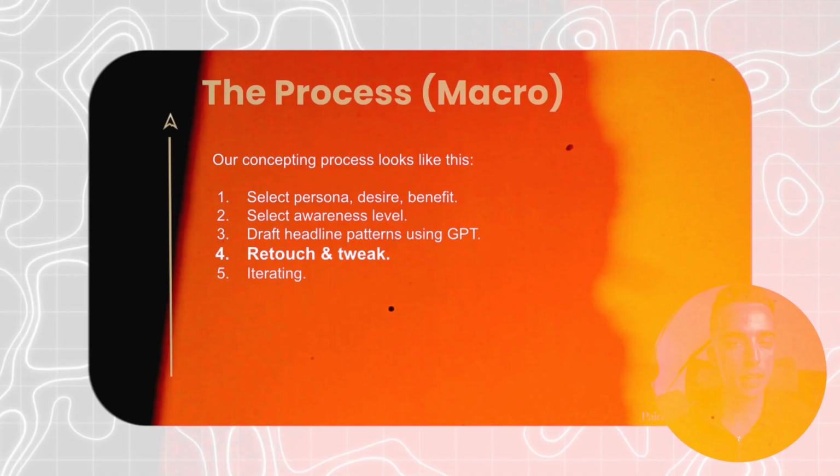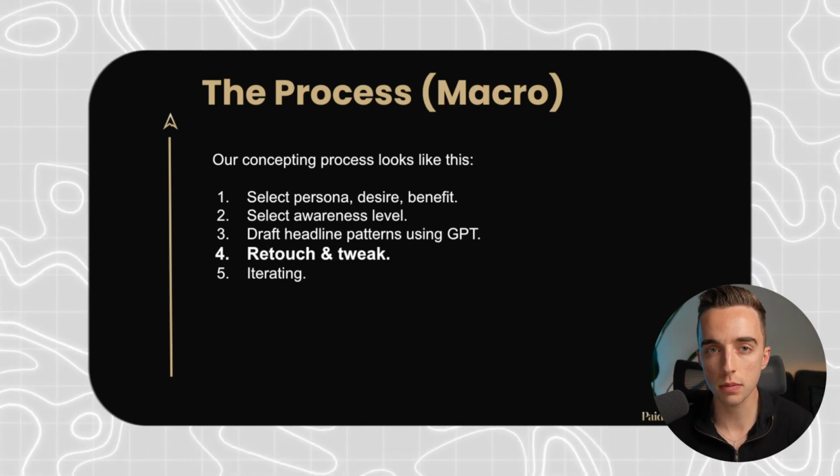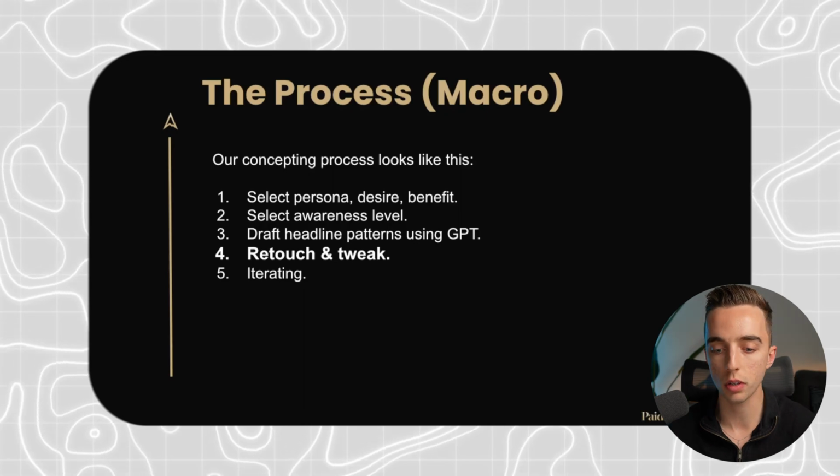And now you ensure these hooks are congruent with all of your findings and research that you previously had. Now this is where you start to retouch and tweak, right? Sometimes the answers from ChatGPT give you some quite generic words. So you want to make sure that you adapt that to your brand's tonality, that you perhaps slightly change a few words. But again, make sure that you don't change too much of it because you want to keep the essence of the point. You want to keep the essence of making sure that this is aligned with all of your previous findings, okay? And this also is the stage where you would want to publish.